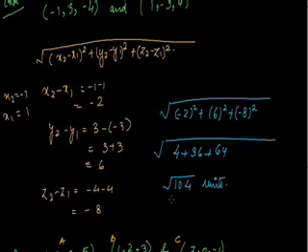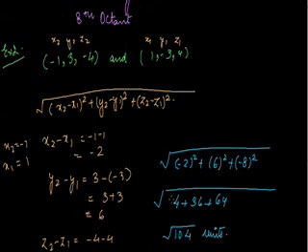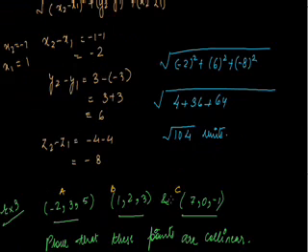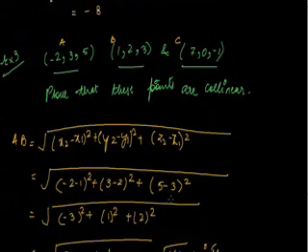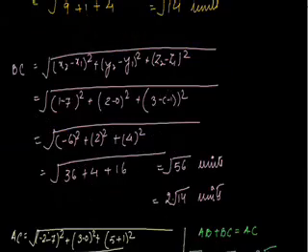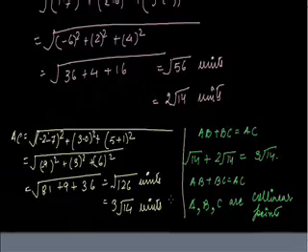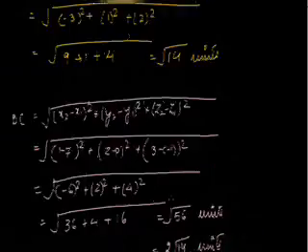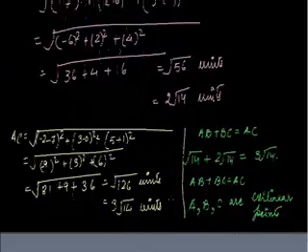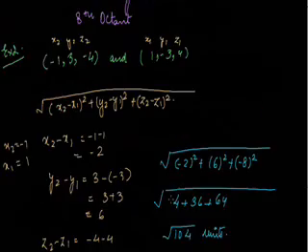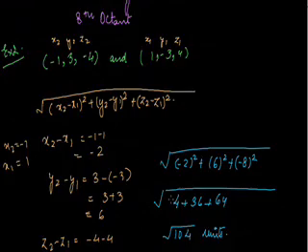Then using the distance formula, we found the distance between 2 points, that is minus 1 comma 3 comma minus 4 and 1 comma minus 3 comma 4. Then using the distance formula only, we tried to prove 3 points to be collinear by taking the distances between the points two at a time. First we found the distance AB, then BC, and thirdly AC. Now we can see that AB plus BC is equal to AC, so that means A, B, C are collinear points. So that is all for today's class.